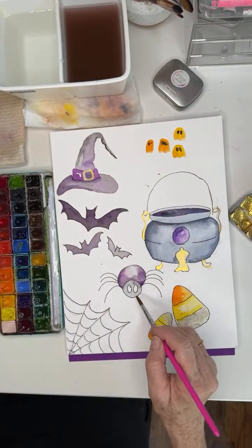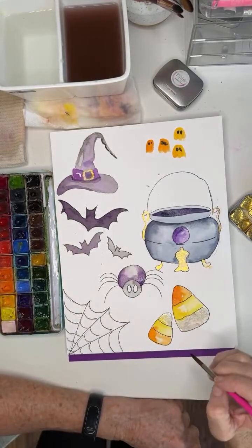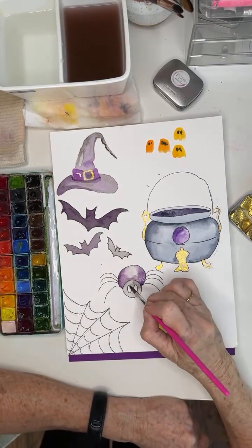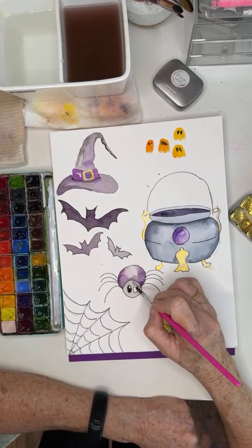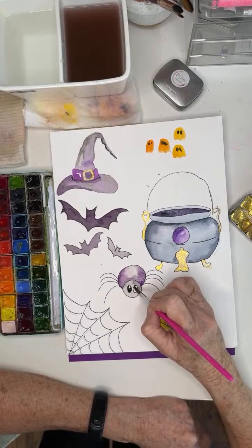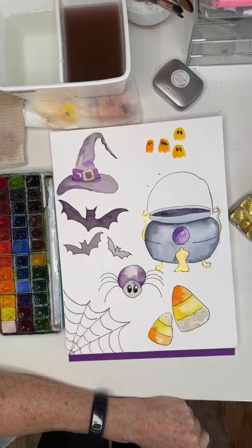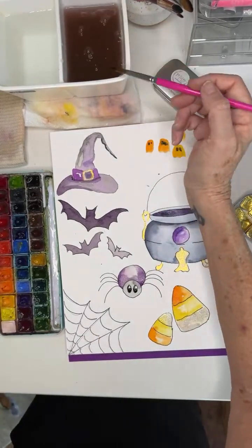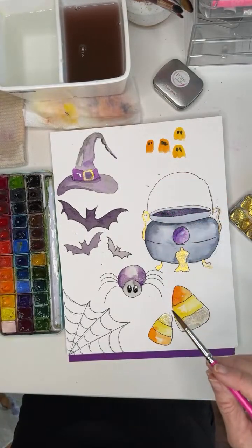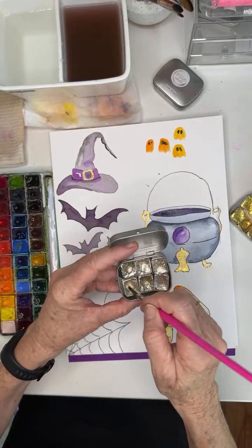Okay, so let's do his little eyes without getting my hand in there. I'm just using the tip of my brush. And I think I mentioned this, but this is my number 8 brush in my set. There you go. Isn't that cute? And then I think I'm going to use, yeah, and I